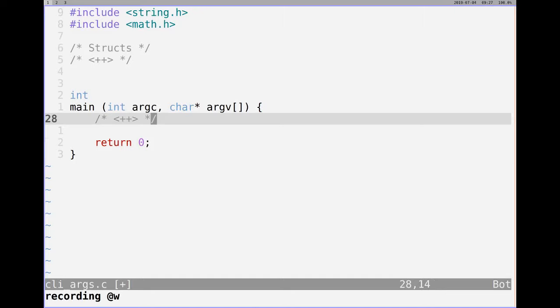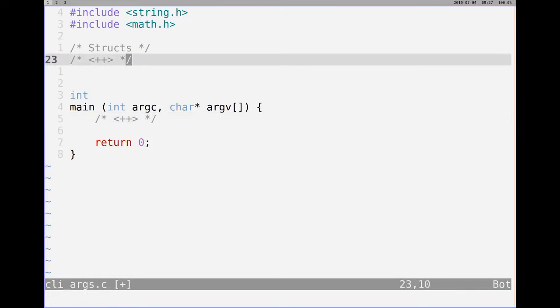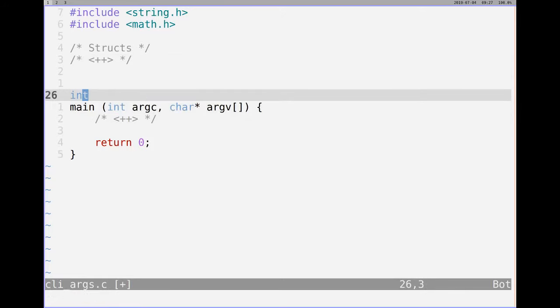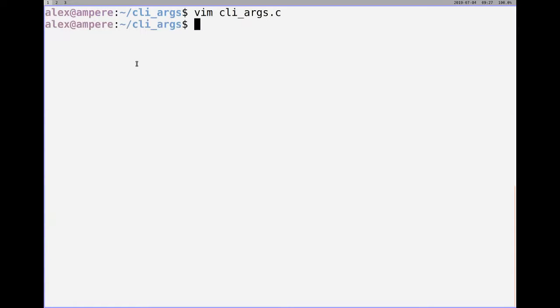So argc is argument count. It's the number of arguments you've passed in to a program. And argv is a vector of strings that you've passed in. So it's all the different arguments. I guess the real question is, what is an argument? Maybe you don't really know, but let's just say,